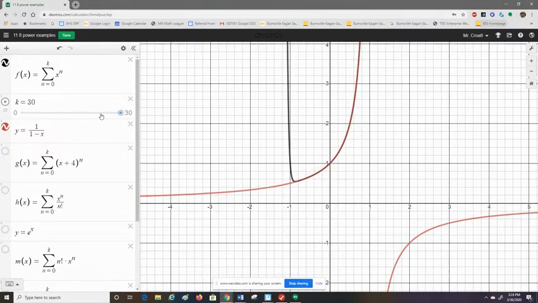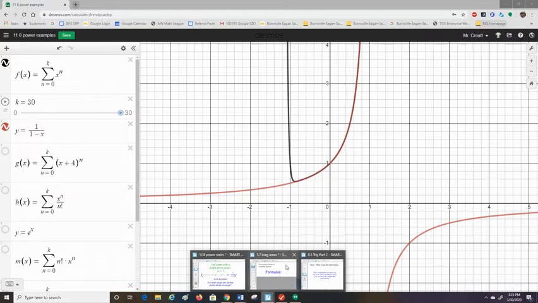But the more terms we do, this is only 30 terms. And so if I did 50 terms or 100 terms or 2,000 terms, this would fit closer and closer. But then outside of the -1 to 1 range, it doesn't look anything like it. This stuff over here, it is never going to approach. The stuff that's happening over here on the other side of the vertical asymptote, it is never going to approach that over there. And so that is our first